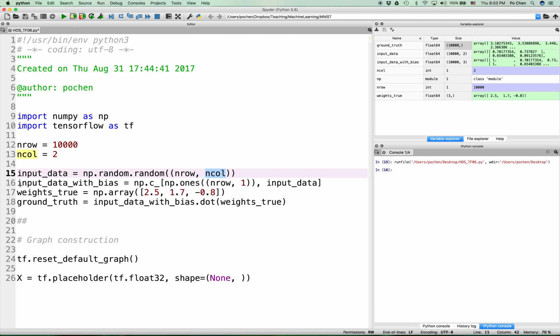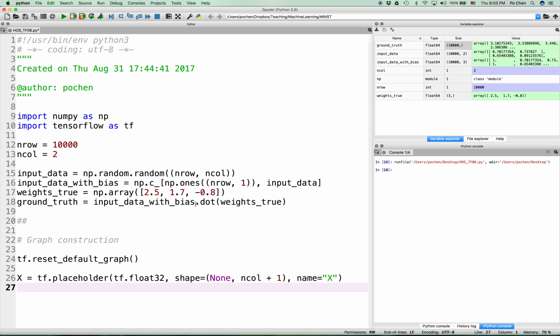And then input data with bias is the input data concatenated with 1 column in front of it. So input data with bias actually has 3 columns. So X must have 3 columns, right? But instead of using 3, let's use n plus 1 as the column number. And again, let's provide a name,